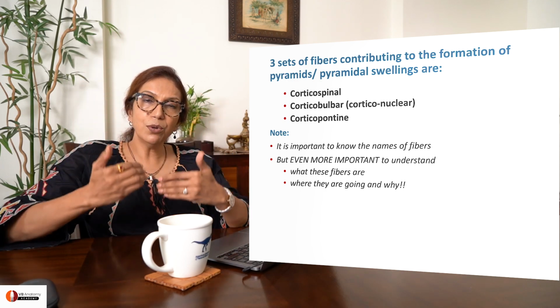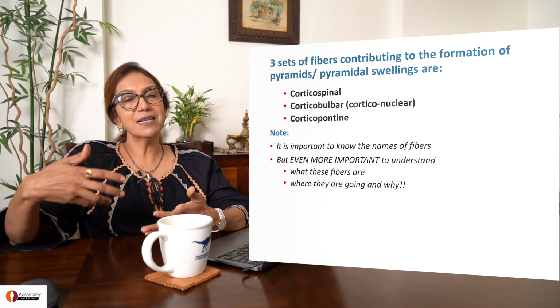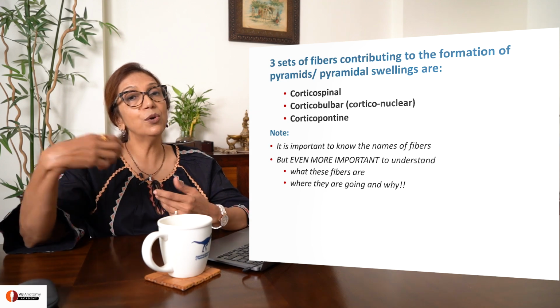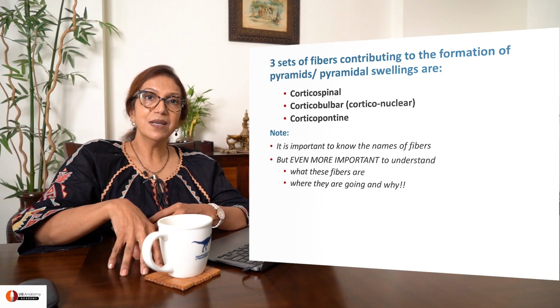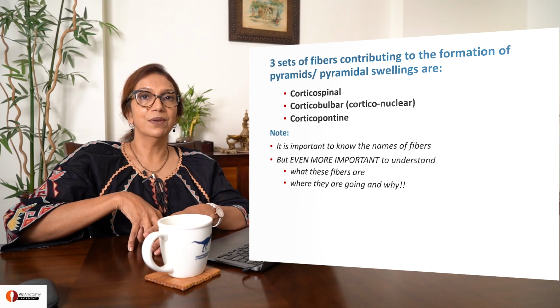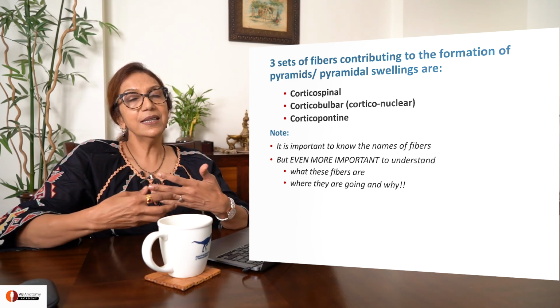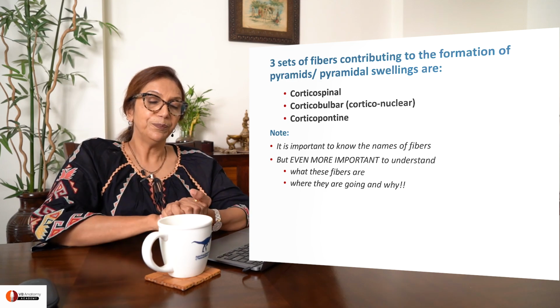Similarly, why are corticospinal tracts coming to medulla? Because from here they're going to descend downwards and control motor activity of the body, carry out motor activity of the body. So, what are the fibers and what do they do? Why are they in medulla? That is, understanding that will bring about true understanding of medulla for you.